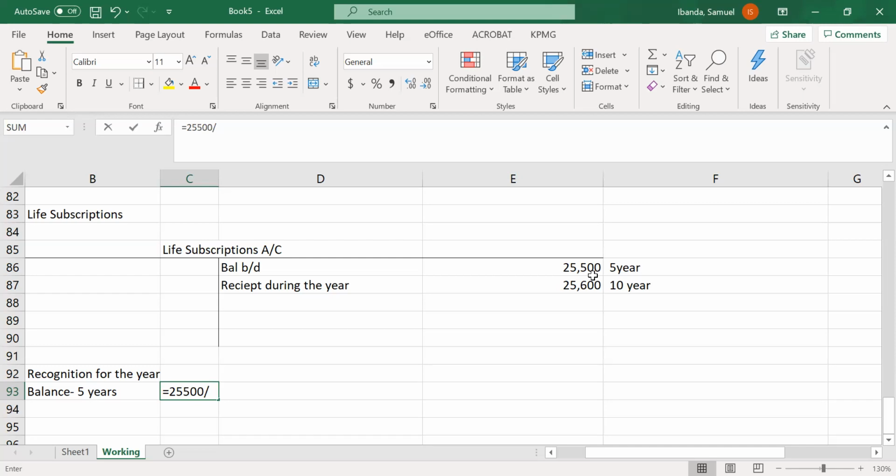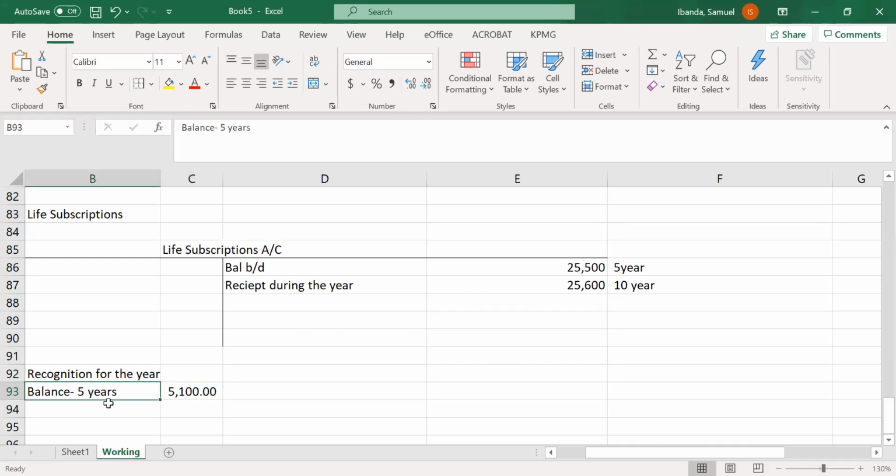Divided by 5 years. You get 5,100. So this is what is going to be recognized for this year, okay? Year 2020, relating to what we have for this opening